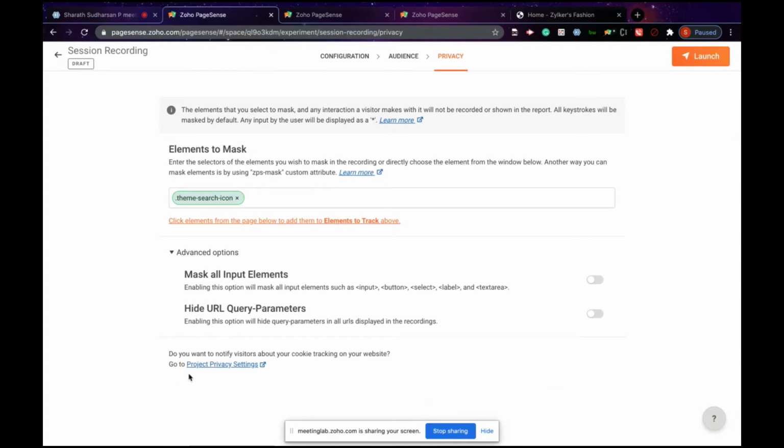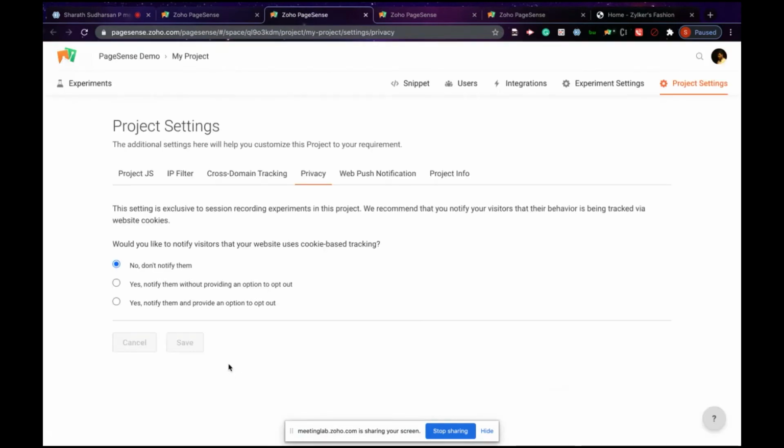And the final one here is the project privacy setting. When you click on this, it will take you to the privacy setting for this specific project, and this feature is exclusively available for session recording. By default, this will be selected for no, don't notify them.